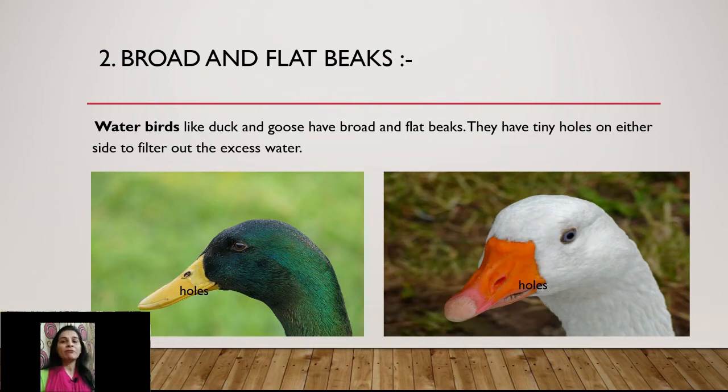Second type, broad and flat beaks. Water birds like duck and goose, they have broad and flat beak. Okay, and on their beaks they are having tiny holes on either side. And why they are having tiny holes? To filter out the excess water. Okay,